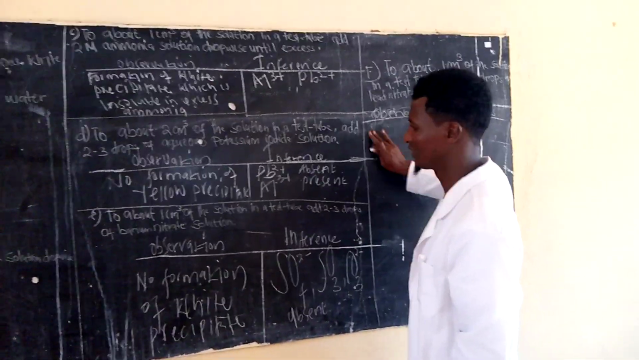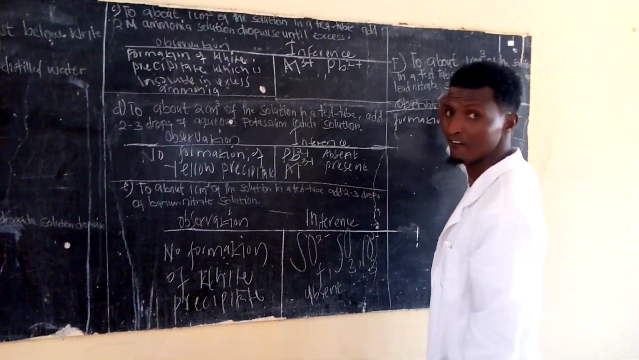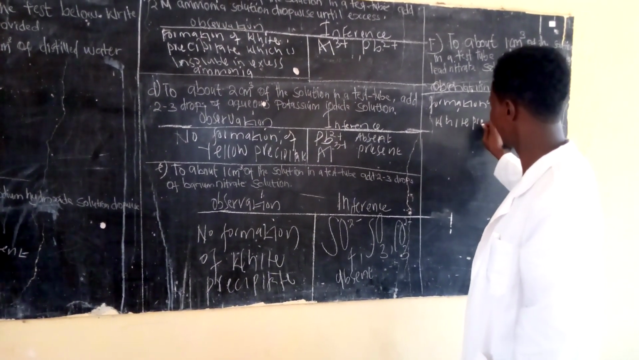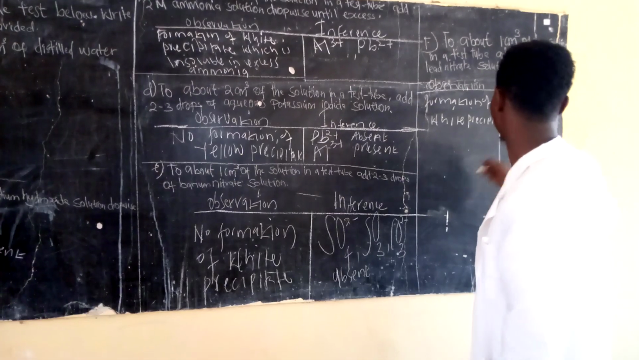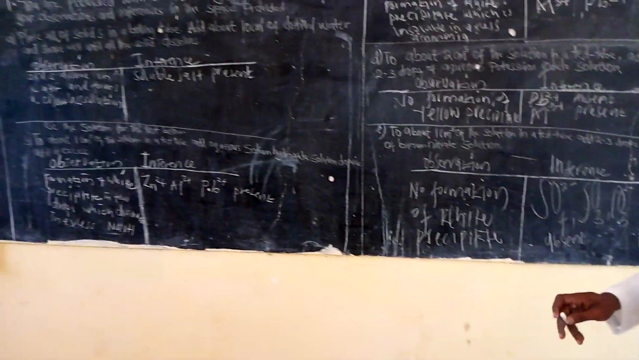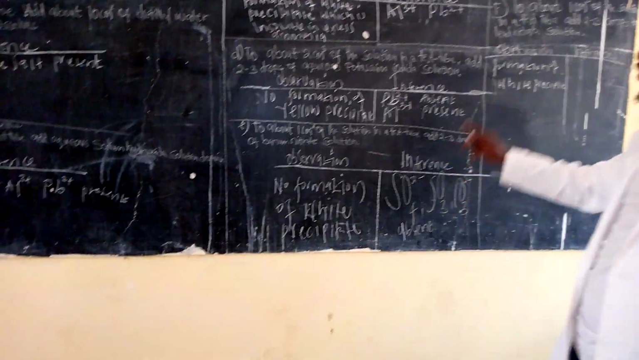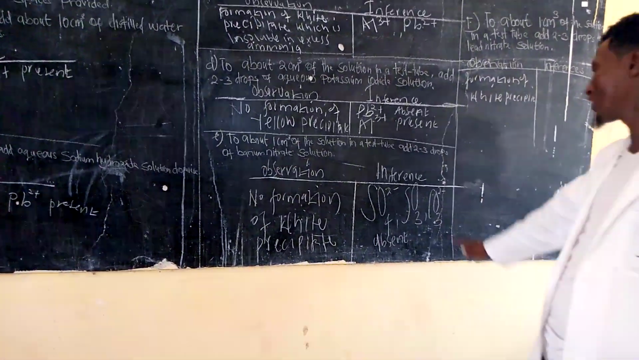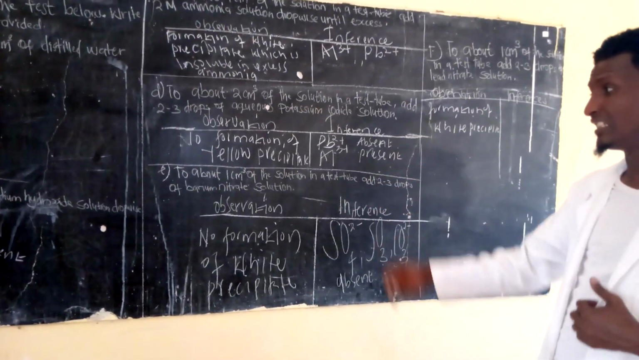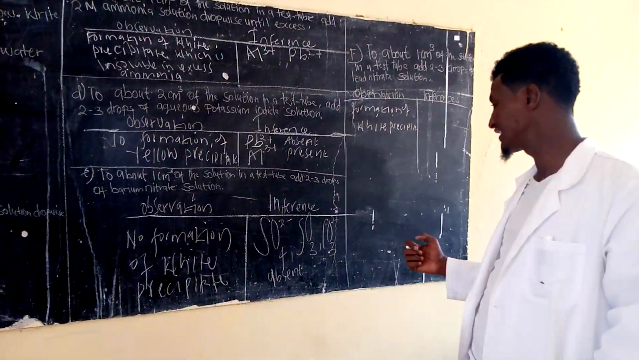So that is formation of white precipitate. So it means now, if there is formation of white precipitate, sulfate, sulfide, carbonate, and chloride are going to be present. But because we have said sulfate, sulfide, and carbonate are absent in our procedure E, we cannot say they are again present. So what we do is the one which is